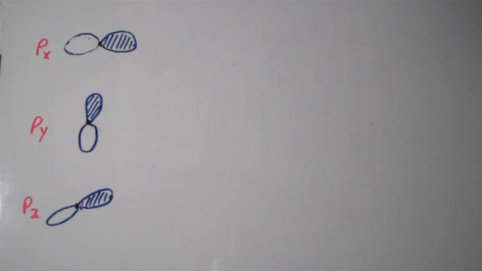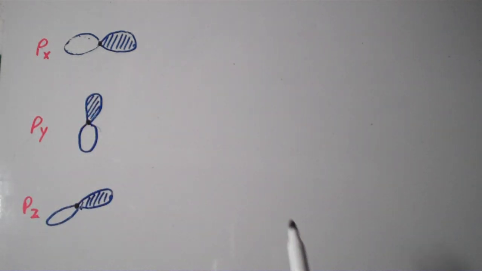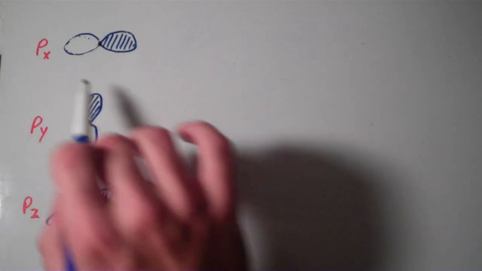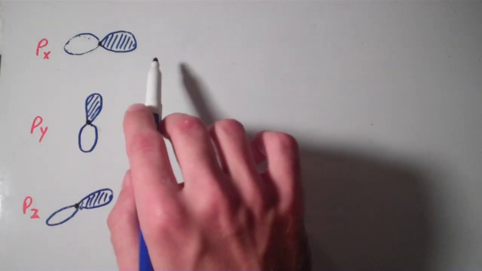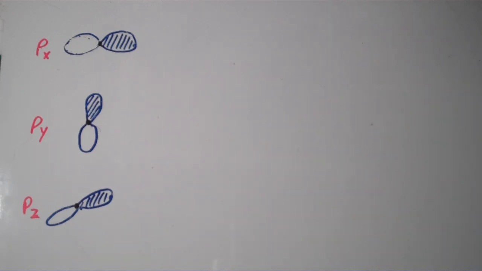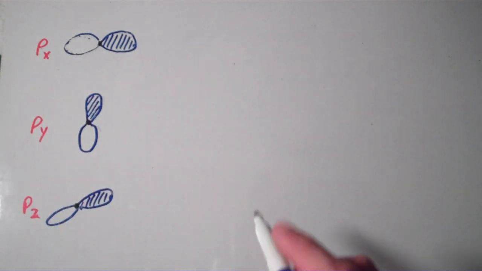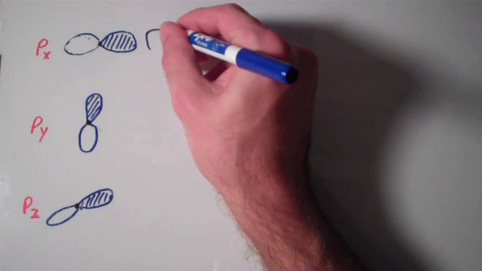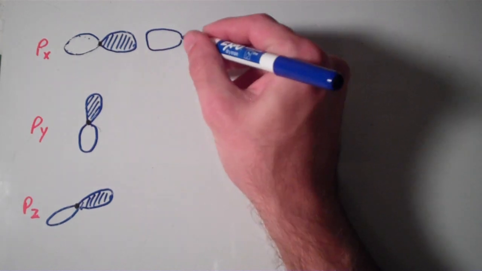So what I'm going to do is choose the x-axis to be the internuclear axis. So the x-axis, I'm going to choose that to be the axis that actually runs between the nuclei of the two atoms that are bonded together. So if I have a px orbital and I add to that another px orbital, if I linearly combine them